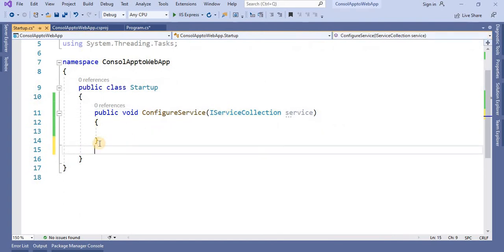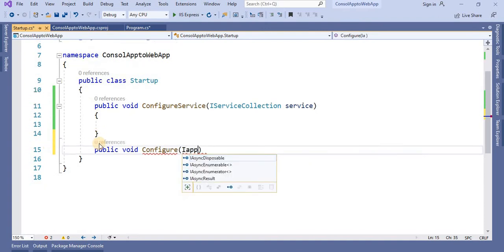The next method which we have to add is public void Configure. This middleware class contains two methods: one is ConfigureServices and the next is Configure. This method takes IApplicationBuilder, that is the application builder, as a parameter.